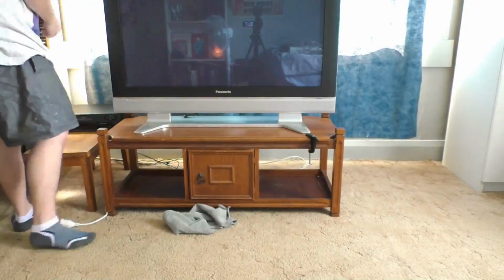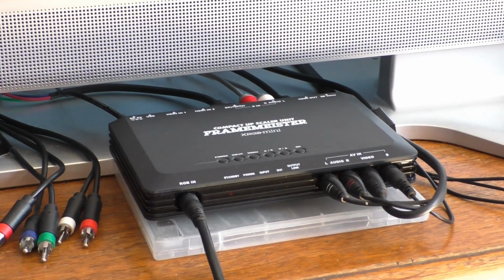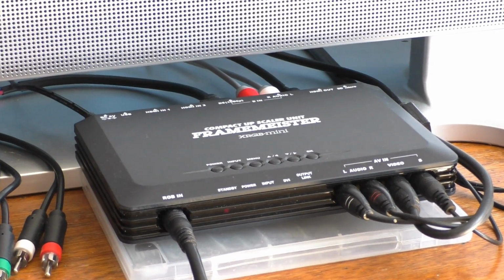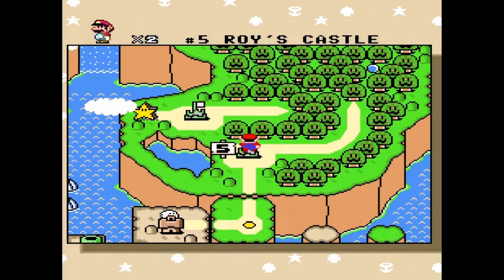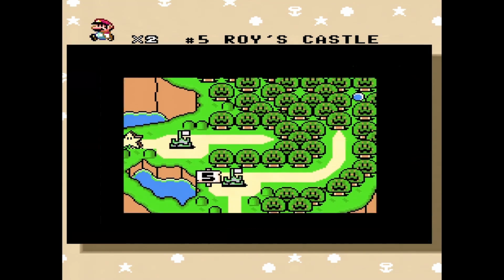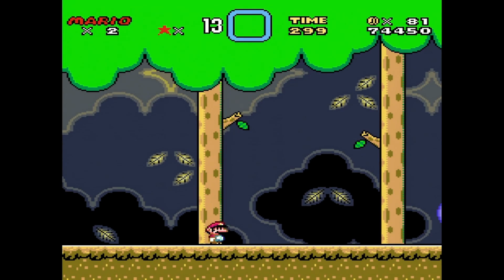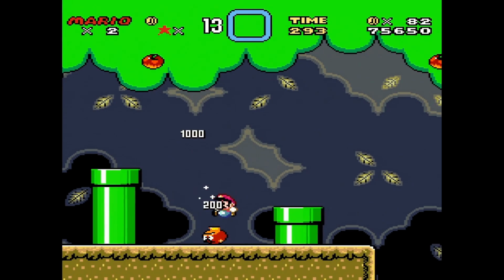A few weeks ago in a collection update video, I mentioned I'd purchased this neat little upscaler known as the XRGB-mini Framemeister for my TV setup, and since then I've taken any chance I could get to share images showing off the quality this thing brings to the table, so let me just get it all out of my system, okay? I've been burning to talk about this thing in depth for a month now, so I'm making this